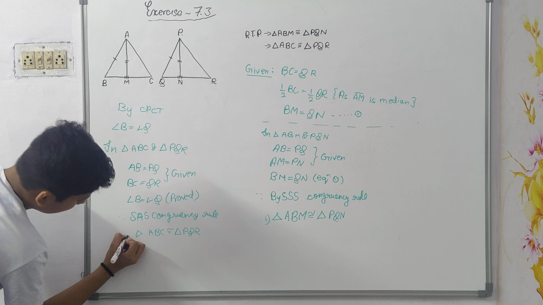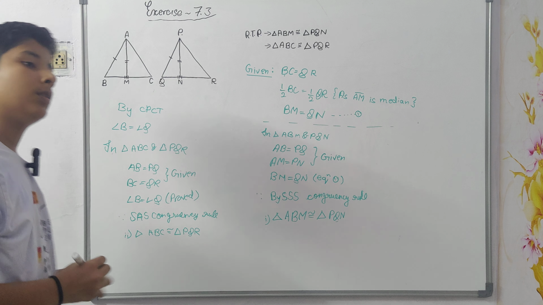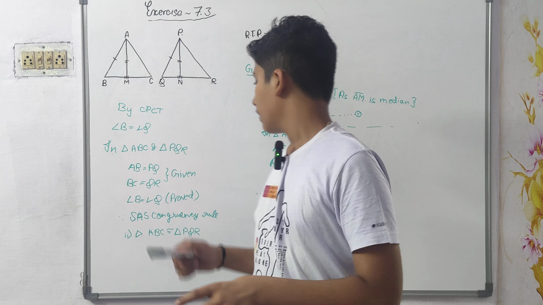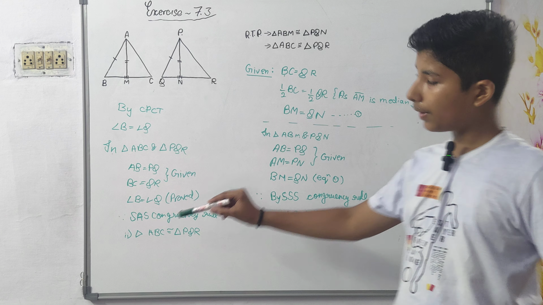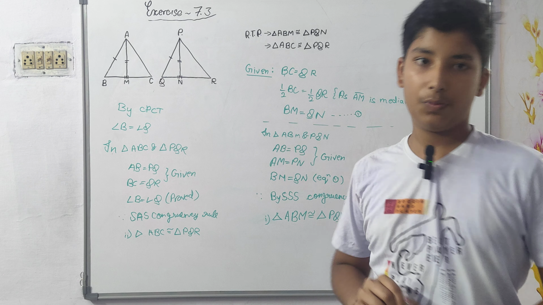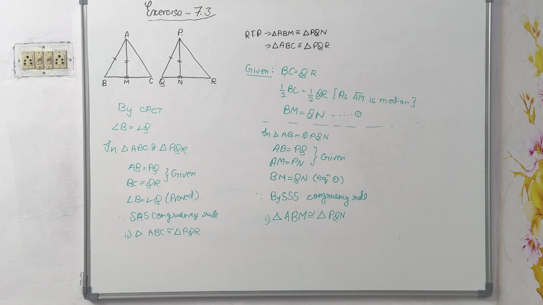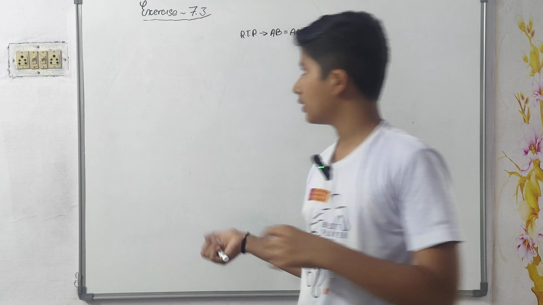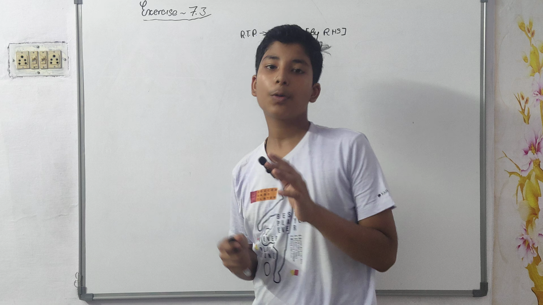Okay, this is our second part. Now we'll come to our next question, which is the fourth one. So our first part and second part is done, which we had to prove. Now the fourth question. So friends, in this next question we have to actually prove that